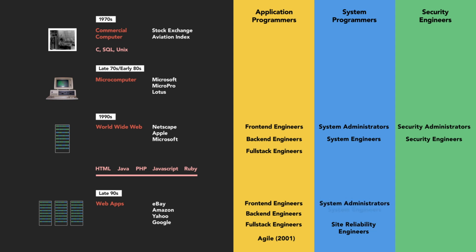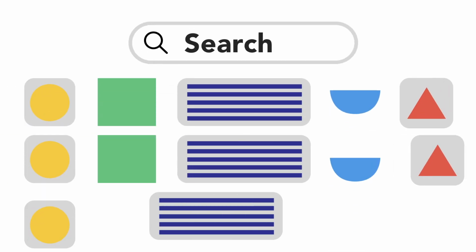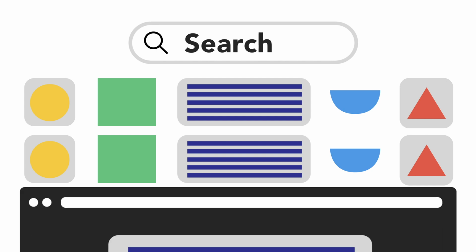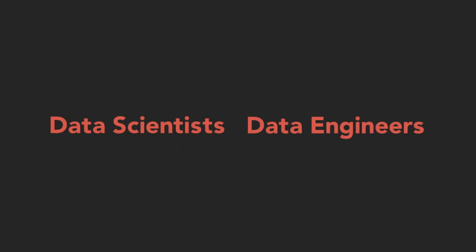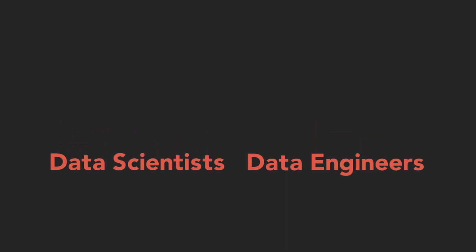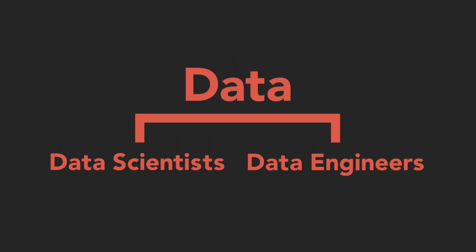SREs join sysadmins and system engineers. And what about cybersecurity? Security continues to grow because the web apps are handling more complex payments, logins, and details. One last thing about this era. Remember that I mentioned the growth of search as a product within Yahoo and Google. Search works by managing, organizing, and querying large amounts of data. For example, web pages and the content of web pages. This gives birth to data scientists and data engineers as a whole new discipline, and they work together to turn huge volumes of poorly structured, chaotic data into searchable formats.